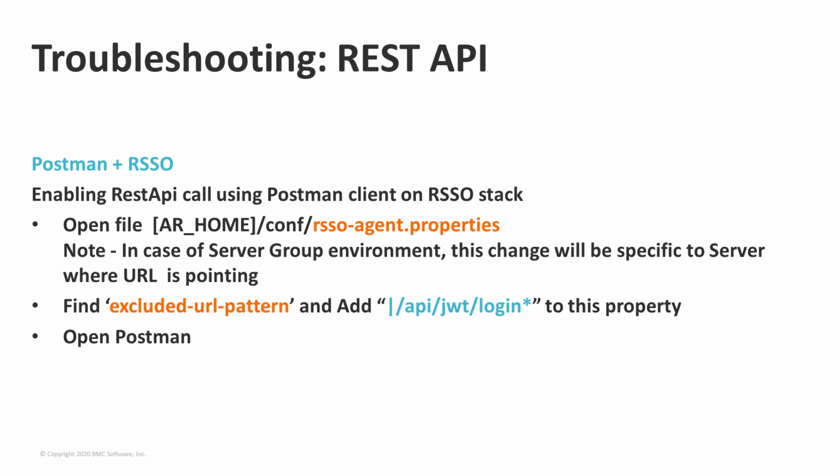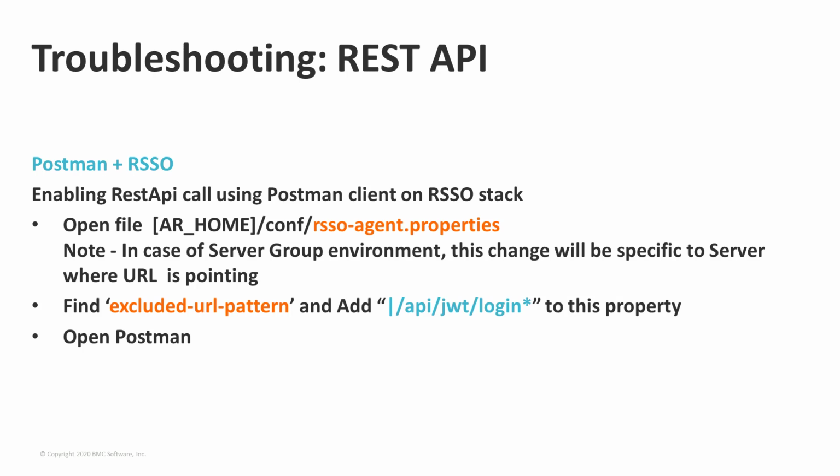Postman can execute REST API calls and show the responses. If you're using the RSSO, you will need to disable RSSO for Postman calls to go through directly to the Remedy server. To do this, we can open the RSSO agent properties and exclude a specific pattern from the configuration file. In case of a server group, the change has to be done only on the server where you're pointing